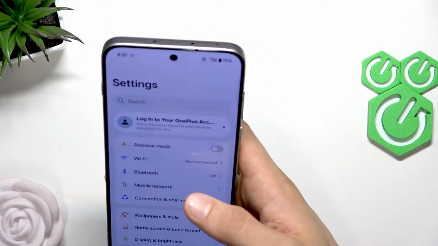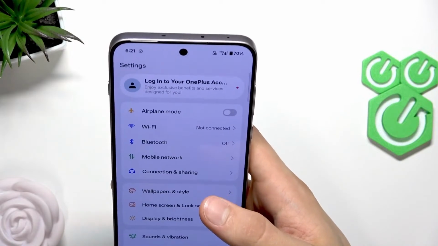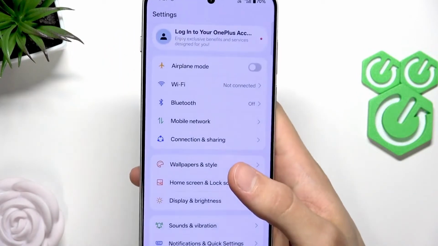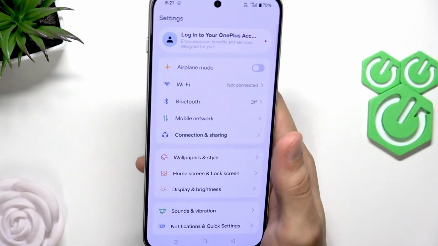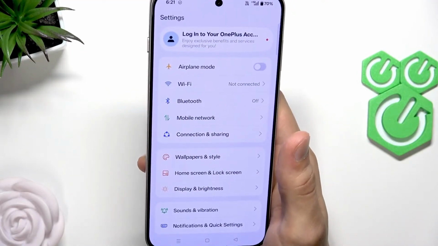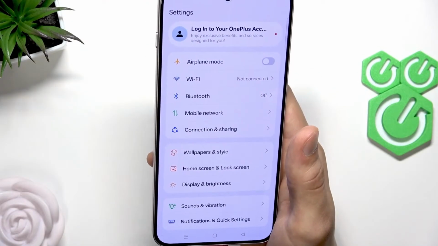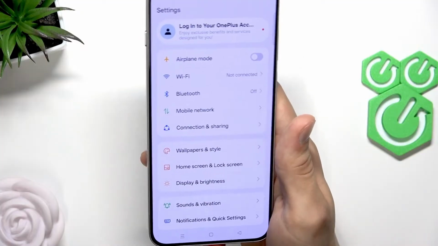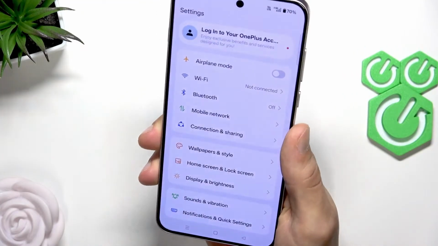But if this didn't help you, then in such case, try to clean your SIM card with a soft cloth and then put it back inside. Now, if this doesn't help you either, then try to test your SIM card in another phone. And if it works in another phone, then